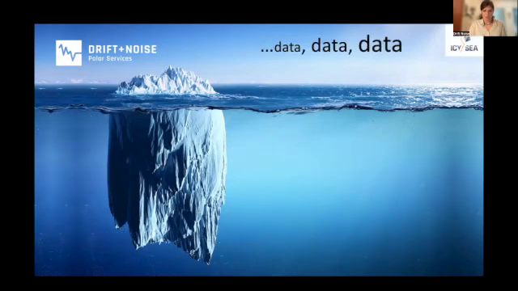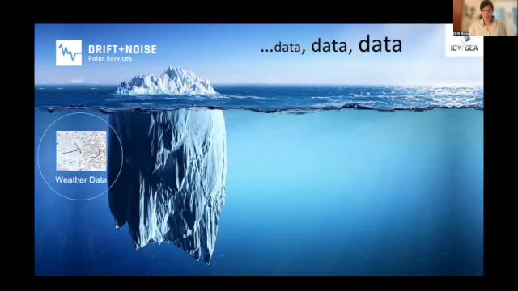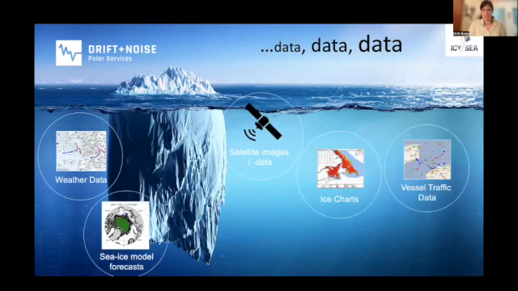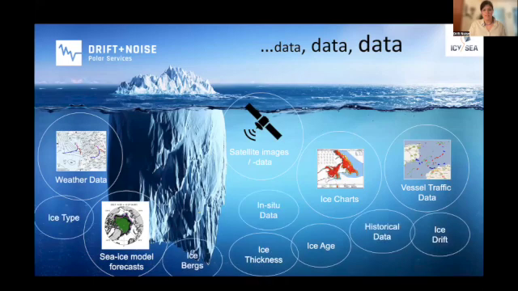So there are a lot of challenges, and as well, there's a lot of data available online that is useful for your navigation. There's the weather data, satellite imageries, the ice charts, sea ice models and forecasts, vessel traffic data. Having the AIS, knowing where the other ships are, can also be helpful to know if you can go in that region, seeing if another ship of your same polar class has gone there. And then, of course, the ice age, ice thickness, historical data, ice drift, and icebergs. So the idea of IcySea is to have this together.